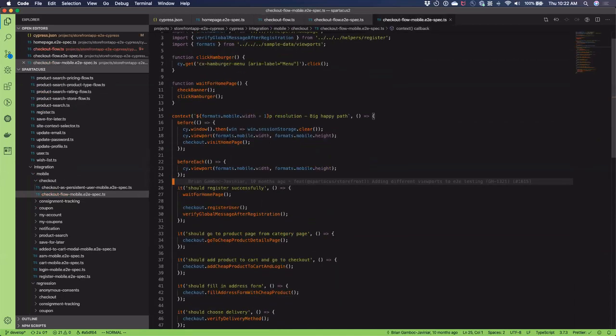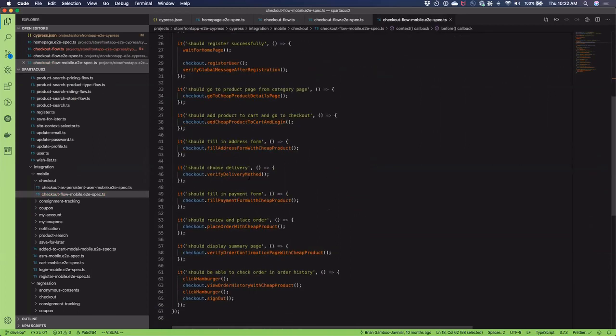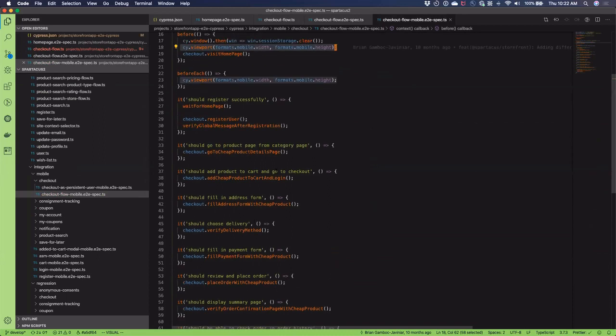If you go to the mobile, the only difference is that we changed the viewport to the width and height of a mobile browser. Then we run pretty much the same assertions, though the checkout is a bit different on mobile because the menu is different. We have a hamburger on mobile and we don't have it on desktop. That is a difference, but everything else is pretty much the same steps.